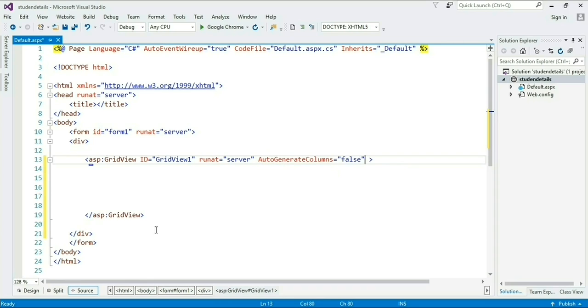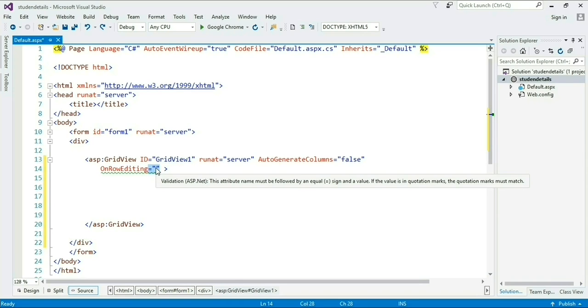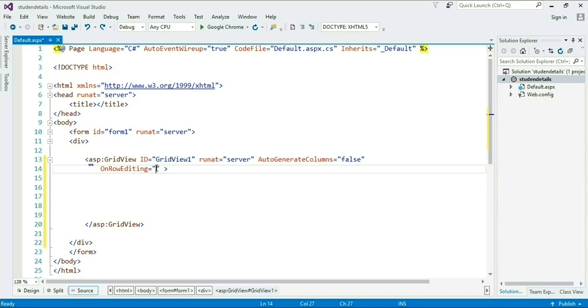Okay, now I am taking the OnRowEditing event, which is used to edit my row of a grid view, and giving it a function name GridView1_RowEditing.